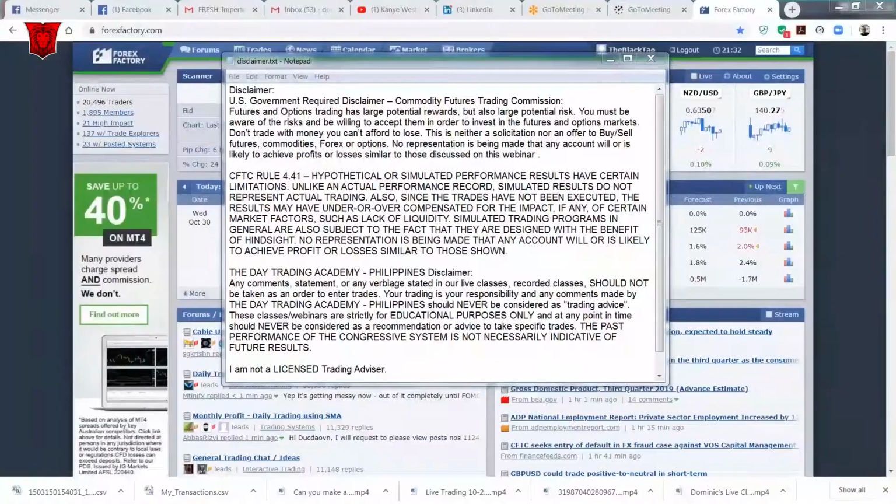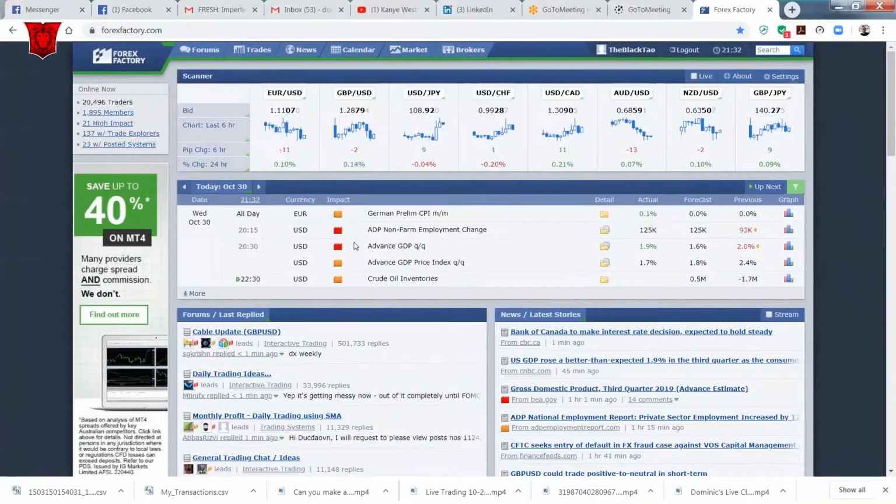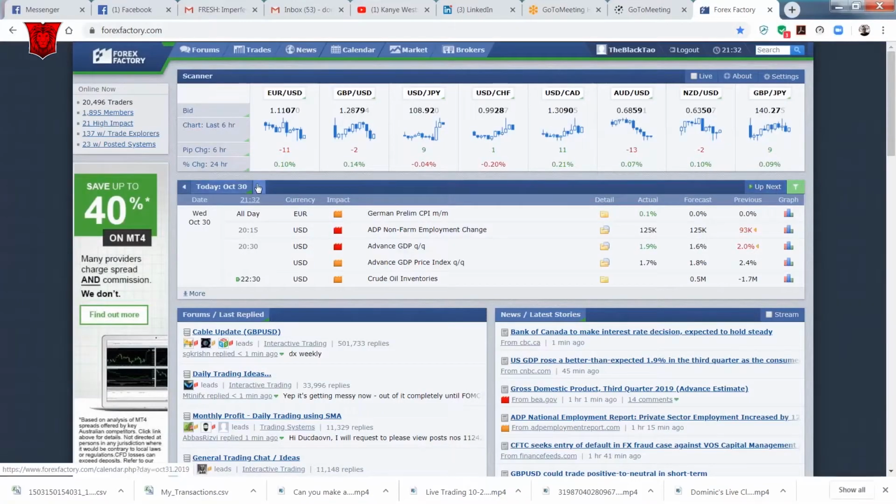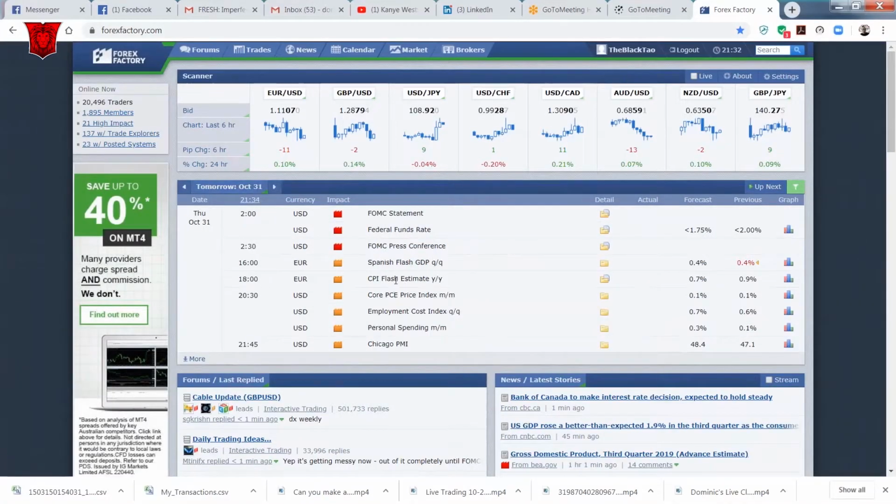So with that said, the economic calendar looks like this. This has already been released at 8:15 a.m. Eastern, 8:15 p.m. here in the Philippines. Now there's crude oil inventories as well. Other than that, let me see what's up next tomorrow. I think that's going to have an FOMC statement. Basically, they're looking at 2 a.m. So that's later today, right? Here in the Philippines.